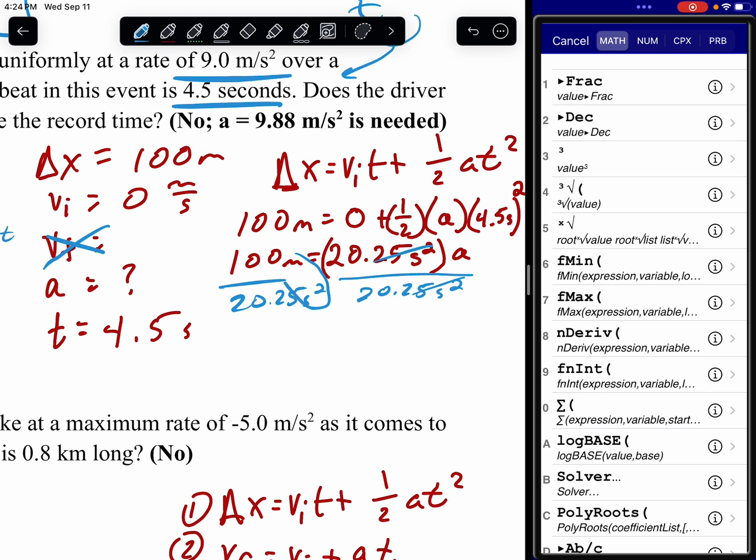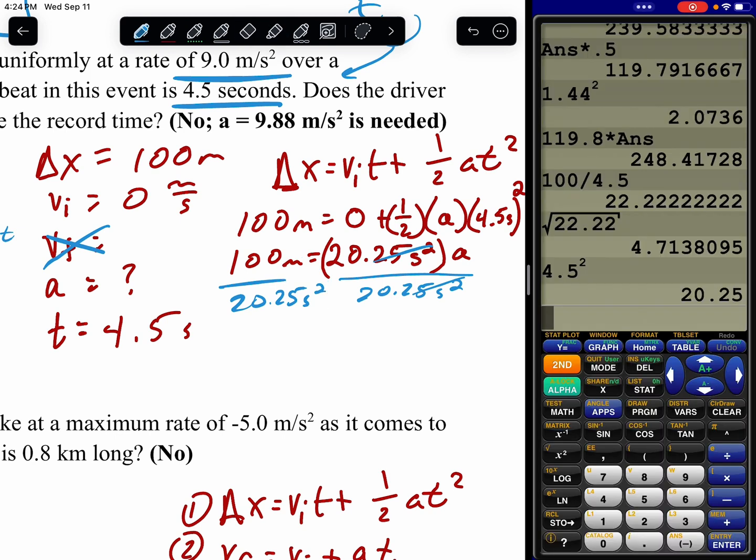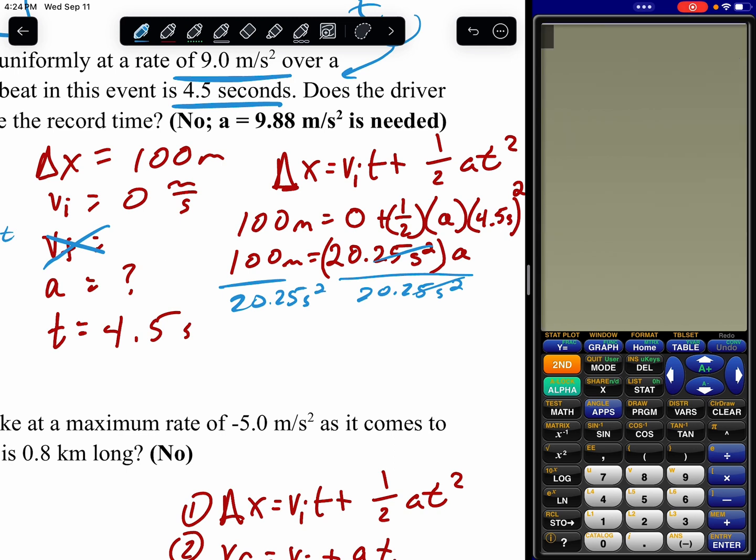And would you look at our units? They're going to give us units of acceleration, meters per second squared. So while I'm over here typing things in the calculator with my right hand, 100 divided by 20.25, we are going to get